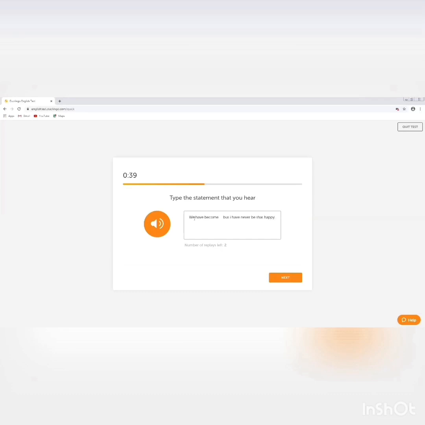Now I have left a bit of space in between because I was not sure about the word, but I'm going to take the opportunity of the replay and listen to it again and make sure that I write the correct one to fill that gap. I'll use the last replay because I want to check it thoroughly. You should keep the last one for the final check. Once you feel that you are done, you should click the next button.